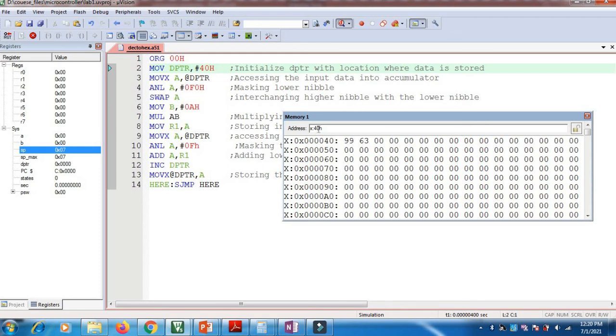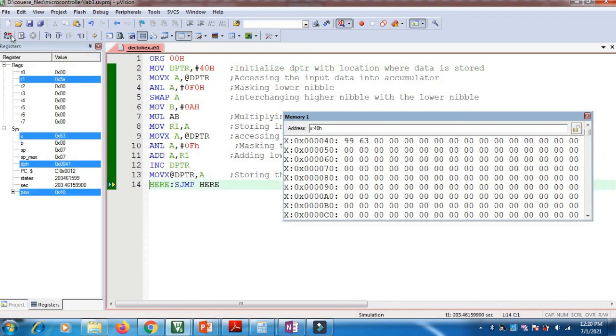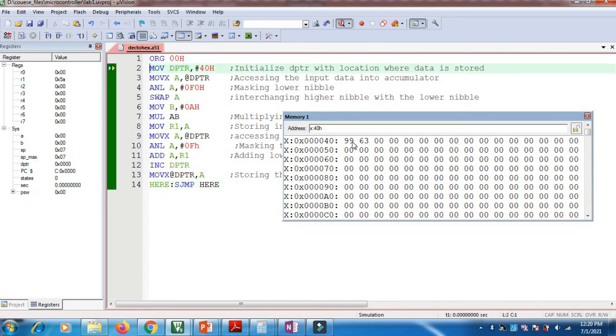Now for example we'll change this to decimal number 10. The hexadecimal number is 0A. For 10, we got 0A, which is the hexadecimal equivalent of 10. Okay, I hope this program is clear.